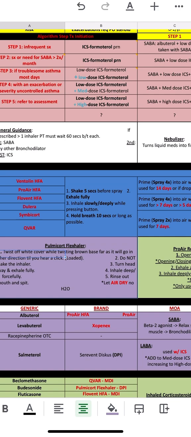Ventolin, ProAir, Flovent, Dulera, Symbicort, QVAR. Okay, so those three that have HFA, you already know that they are metered-dose inhalers. Dulera, Symbicort, and QVAR do not have HFA, and Dulera is a combination. Symbicort is a combination of what again? Budesonide, fluticasone,